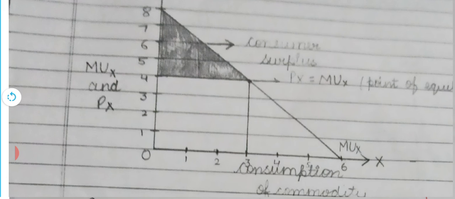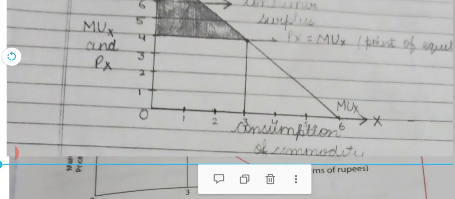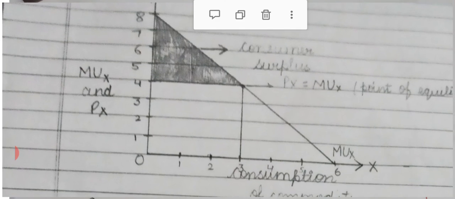Okay, so I'll explain again. At third unit of the commodity, consumers marginal utility of the commodity and price of the commodity is same. So this is a condition of equilibrium, consumer equilibrium, where price of the commodity and marginal utility of the commodity is same. Okay, and he is ready to pay 8 rupees, but he has to pay 4 rupees to be in the condition of equilibrium. So whatsoever money is left with the consumer, that is a consumer surplus or saving of the consumer. I hope all the topics are clear to you.